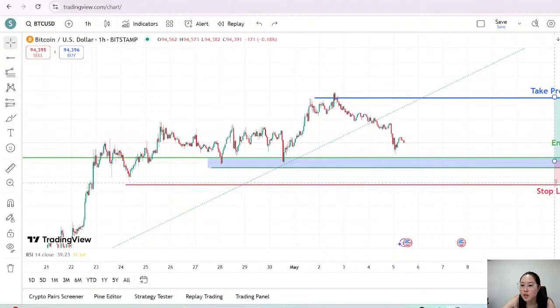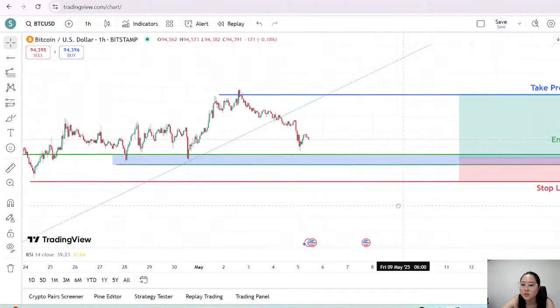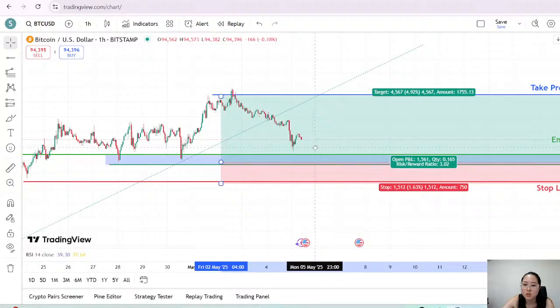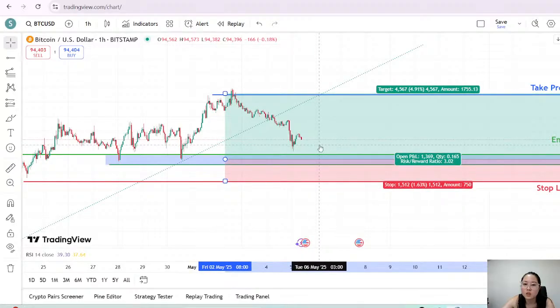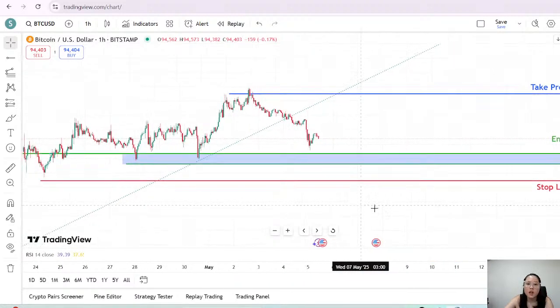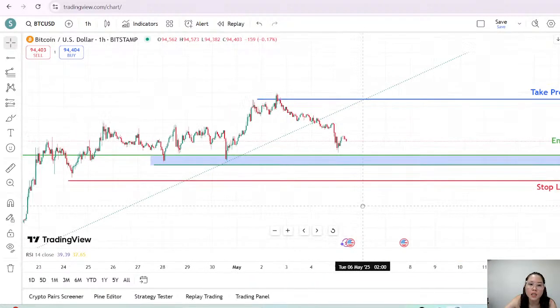Okay, so let's say I move my stop loss a bit tighter. We're still looking at about a 1 to 3 trade. On the better end, it's a 1 to 4. On the higher end of the zone it's 1 to 2.3, which is still not a bad trade, to be honest. Okay, now that we have found our trade,